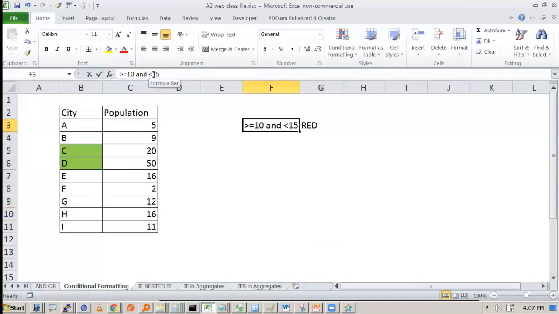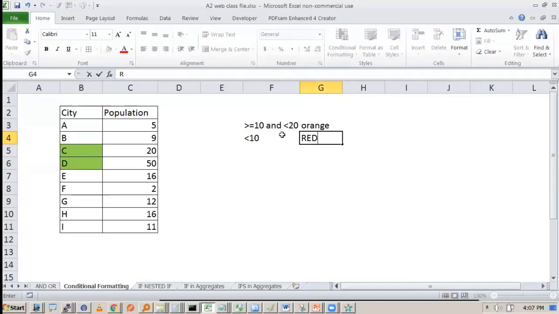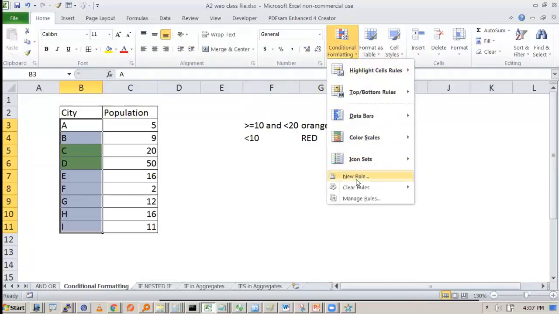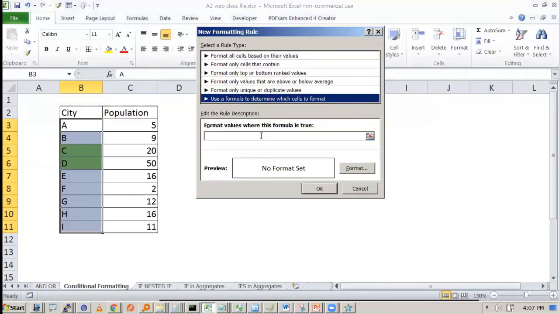Right? Let's say now this is what we want to put. Let's say any city with greater than 10 population and less than 20 population, I want orange. Okay, and less than 10 population, I want red. So this is also pretty straightforward. You select the entire area, go to conditional formatting, new rule, use a formula.